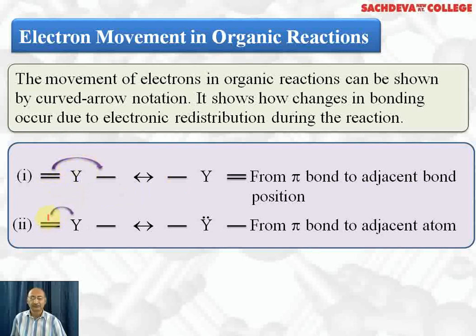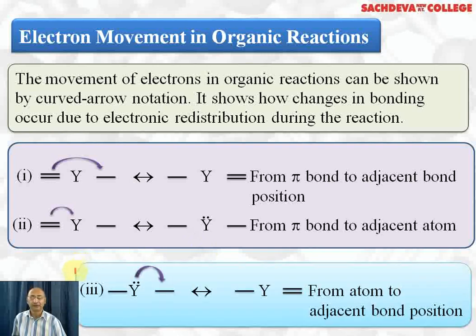Here also these pi electrons are being donated to Y. So this will be present on Y in the form of a lone pair. So here the pi bond is breaking and a lone pair of electrons is there on Y. This remains a single bond, this becomes a single bond. So here pi electrons are being donated to the adjacent atom. Here we have a lone pair. The lone pair is there with Y, so this lone pair will take part in double bond formation. So this remains a single bond. Here a double bond is formed. So here from the adjacent atom, the electrons are forming a double bond.